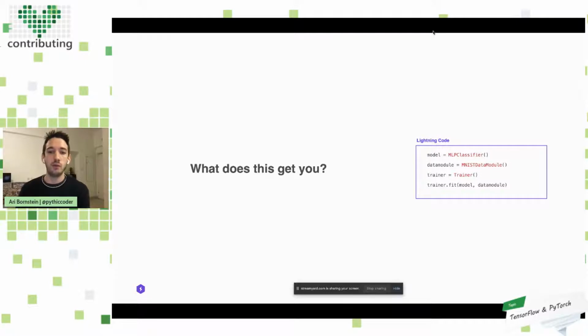But now let's say I want to run this on a GPU. Today, if I'm doing standard PyTorch, I would have to go into this MNIST classifier and into this data module, and I would have to change the device on every single line of code. Maybe somebody made it a little bit cleaner and abstracted it out, but there's no guarantee. It's not standardized. What Lightning enables me to do is, because it abstracts out the boilerplate, if I want to train on a GPU, all I have to do is pass this argument, GPUs equals 1.